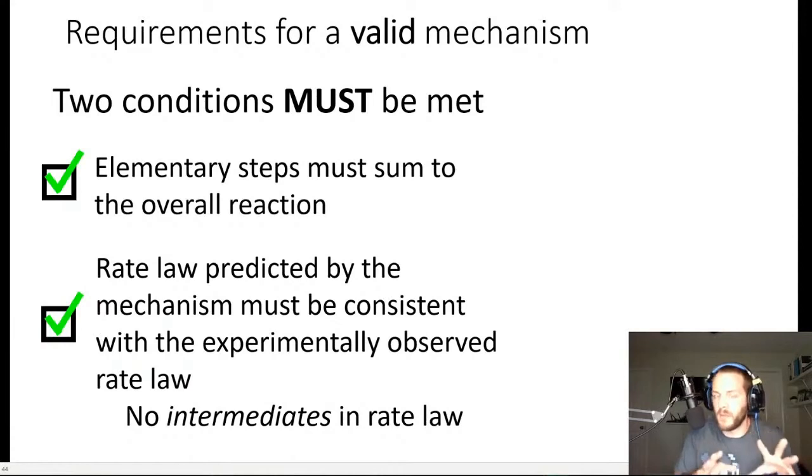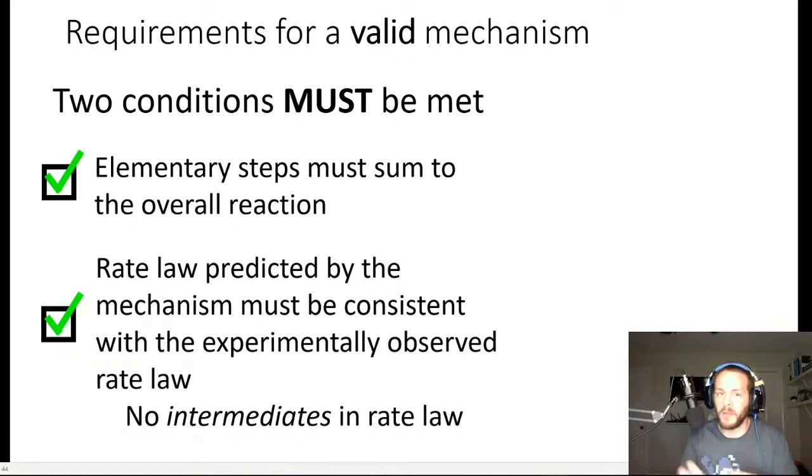And remember, the intermediates are those things that get produced in one step and then consumed in another, right? So when you're performing a kinetic experiment, since you can't measure the concentrations of intermediates because as soon as they're produced, they're consumed right away, experimentally, the only type of rate law that you can determine,